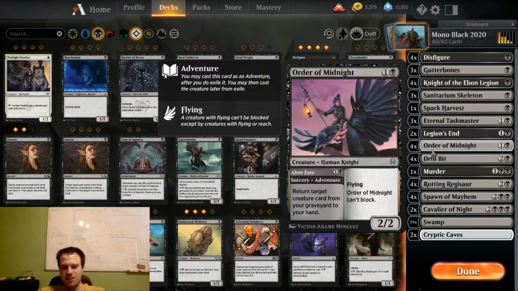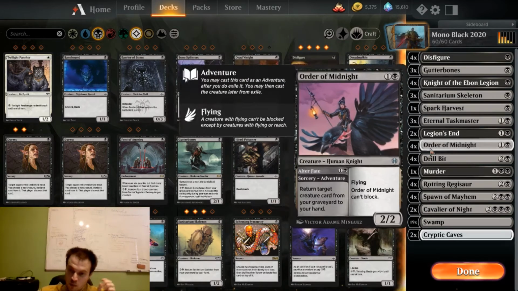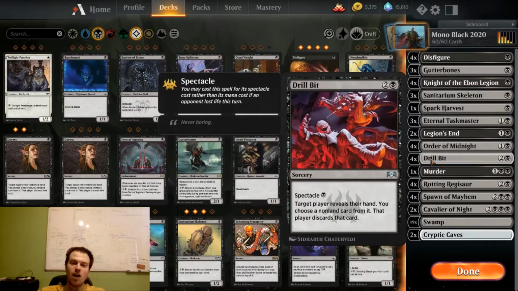You need this sort of card advantage because, as I said, you will not be able to draw much. But what you will be able to do is discard your opponent. This is Drillbit. Drillbit is one of the best cards in this deck. I have won so many matches just by getting the 1 card your opponent needs out of their hand. So this is kind of the more controlling part of this deck,